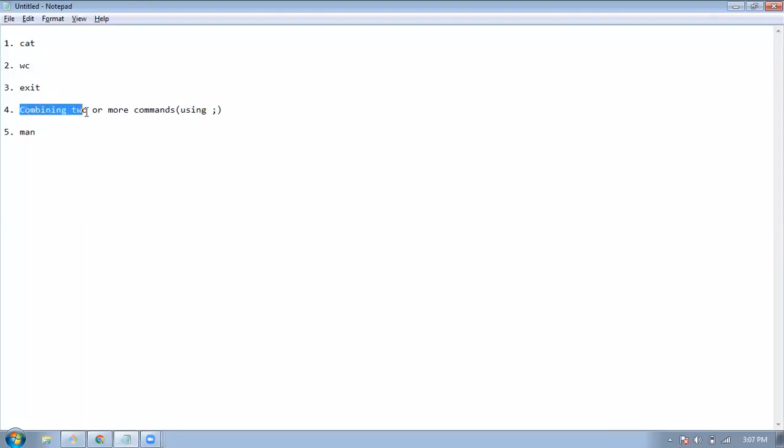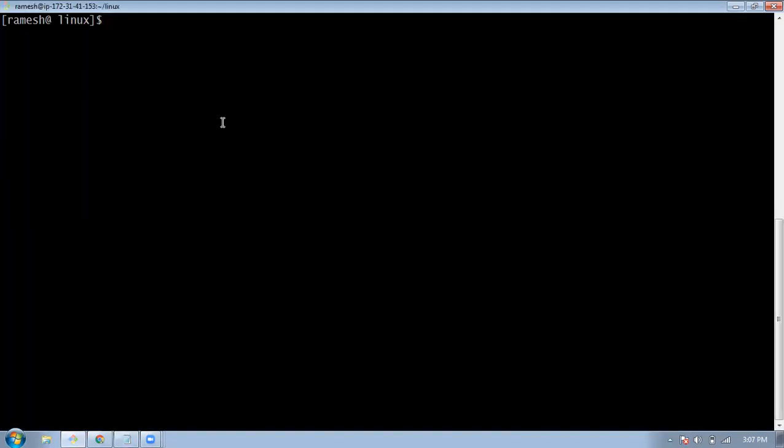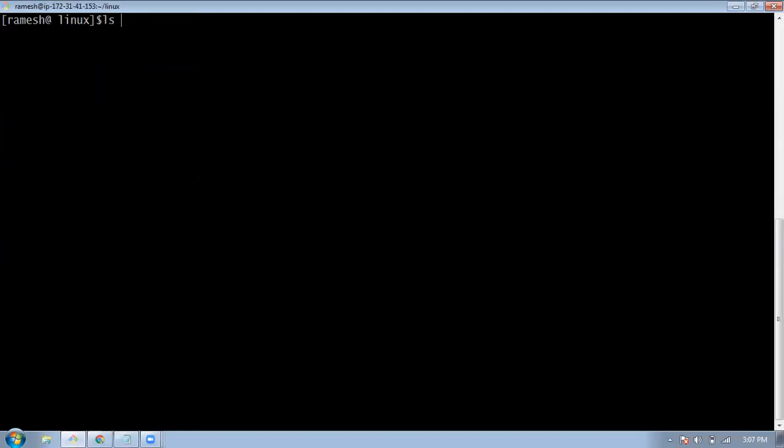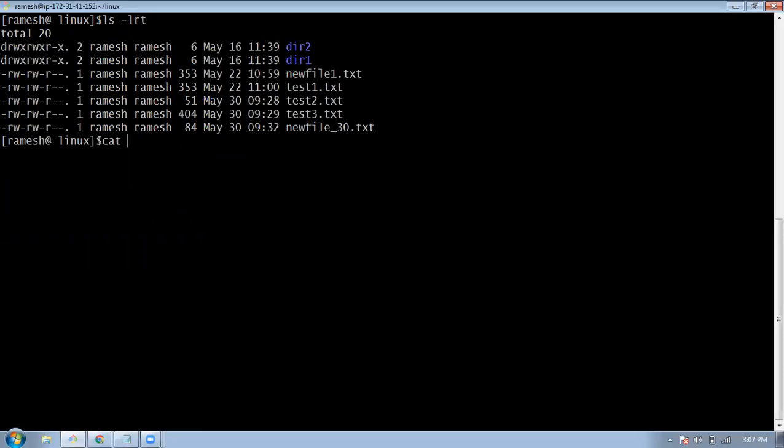Now we will see combining two or more commands using the semicolon operator. Now we have multiple commands. We know the cat command. I'm using the cat command, and I know another command I want to execute immediately after this, like wc -l.